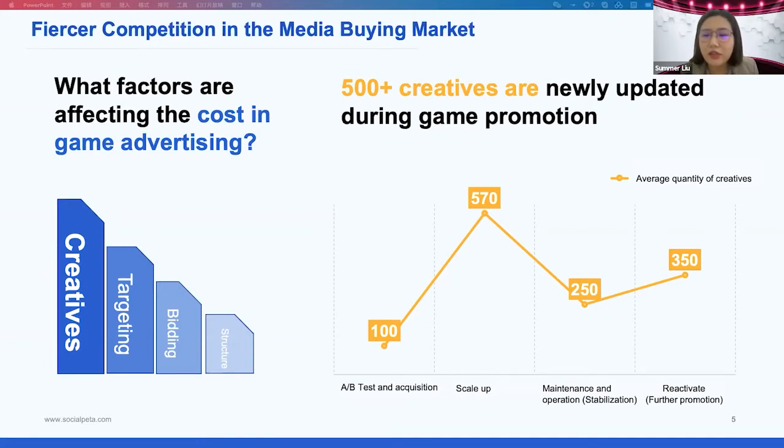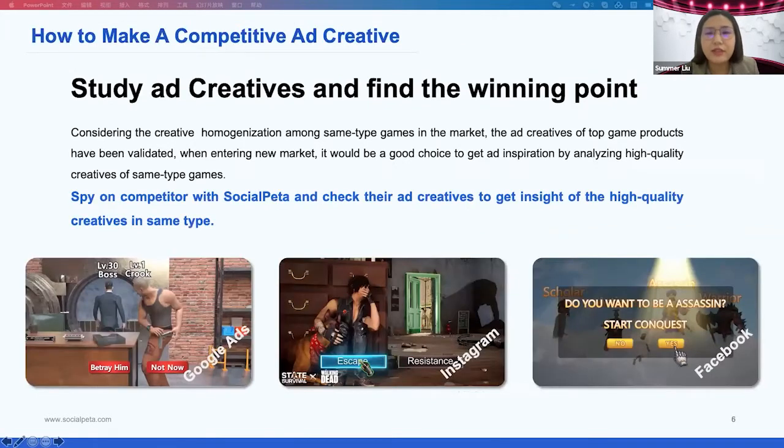For the late stage of promotion, game publishers acquire players through adjusting targeting and care more about total revenue. So that's the time they intend to cut the spend, and you can see the creative quantity goes down then. From the chart, we can see that a single game usually requires over 1,000 creatives to do the whole promotion. And since the creative plays such a crucial role and the competition is very fierce, it comes to our mind: